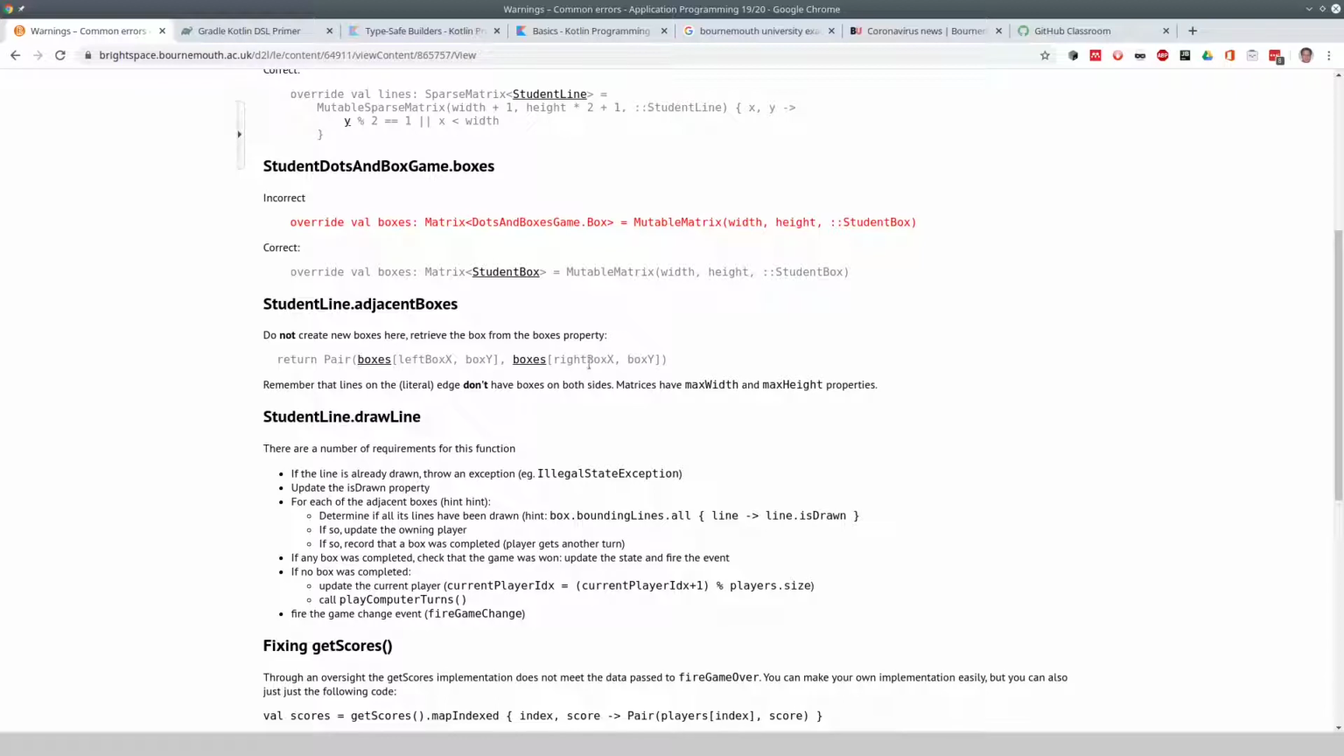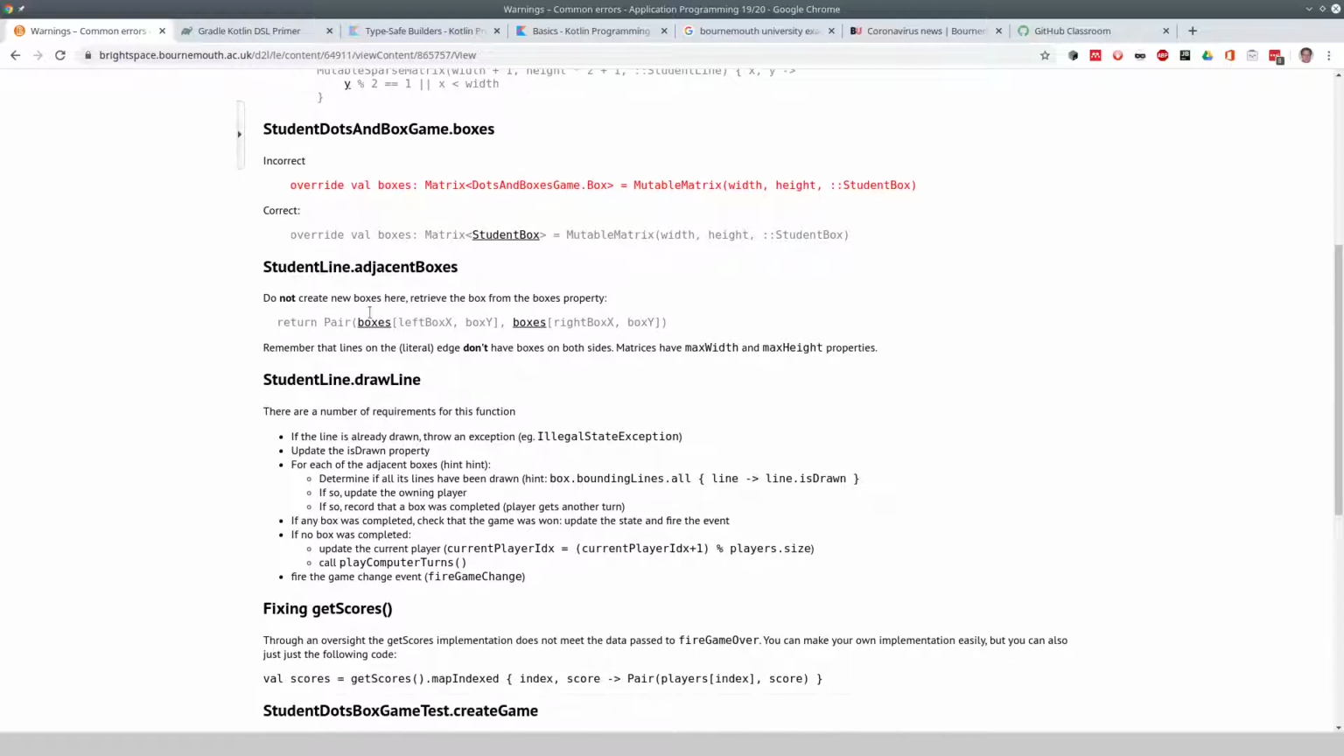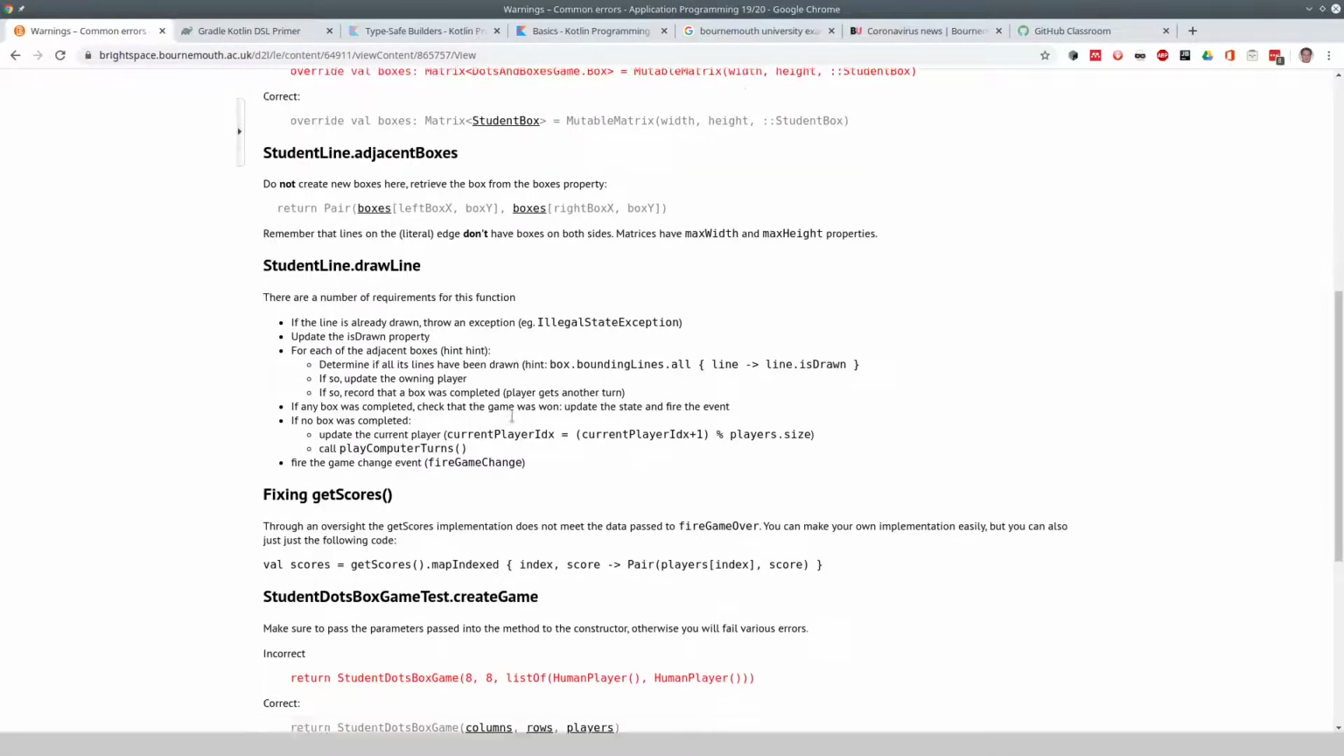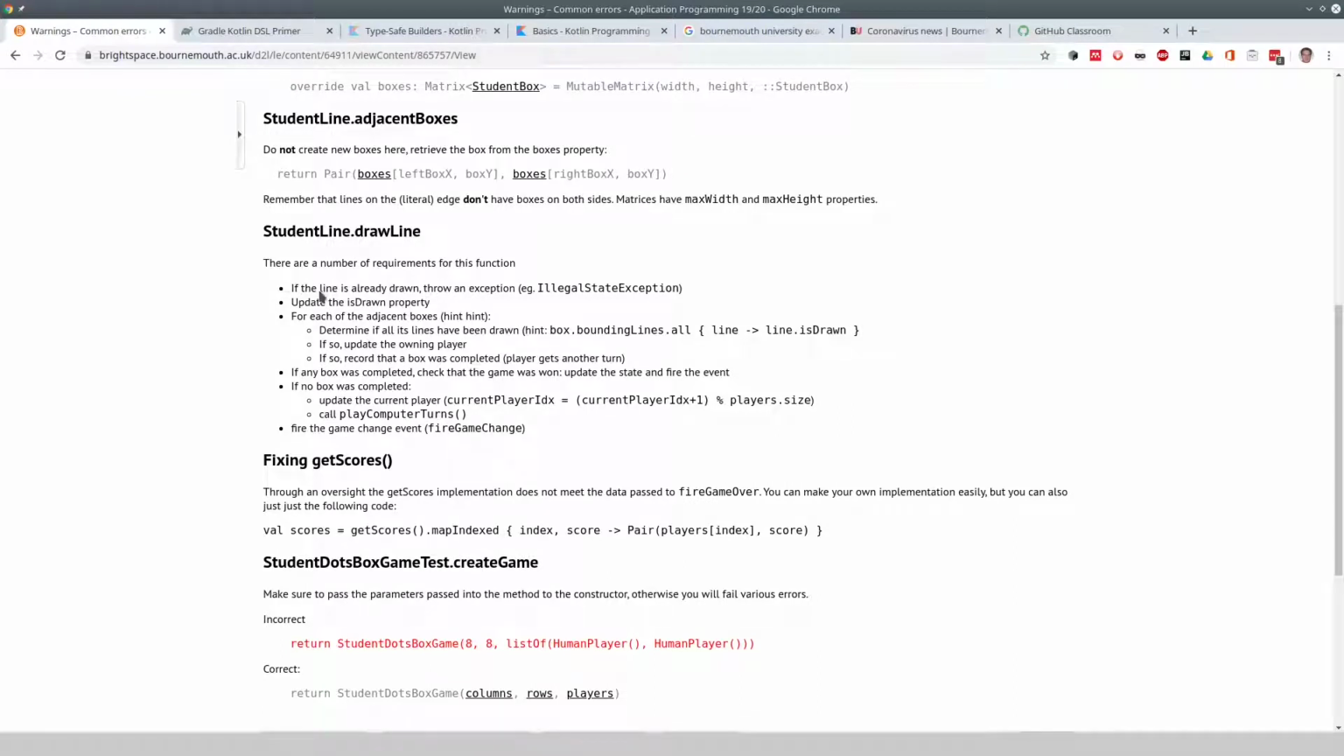Again, don't create new boxes. Just look them up when you do the adjacent boxes. Obviously, you need to have also the vertical ones. In drawline, you need to do all these things. If the line's already drawn, throw an exception. Update the IndexedDrawn property. And for each of the adjacent boxes, you need to determine whether all its lines have